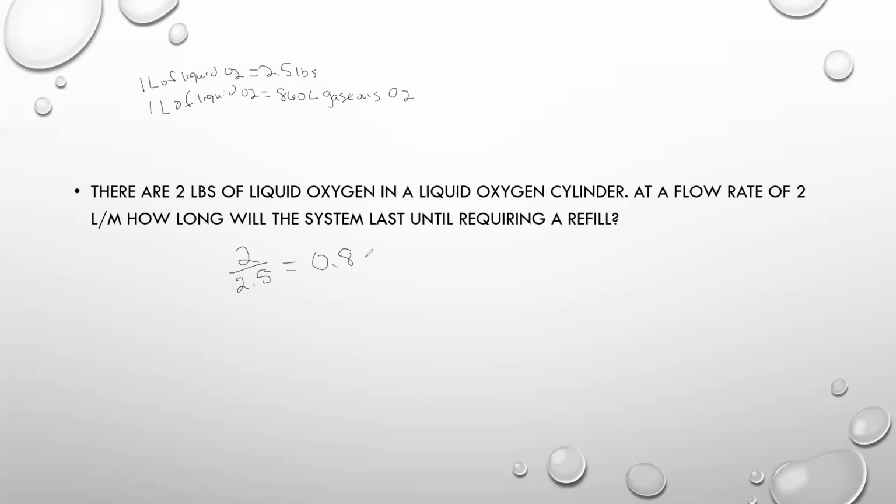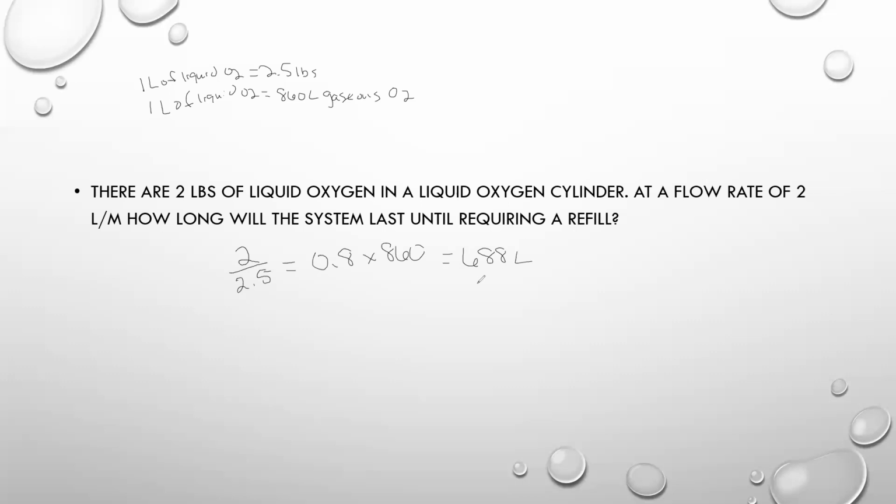Now take 0.8 and multiply that by 860, because this is going to convert us from liters of liquid to our gaseous form, so we can do our calculation to find out how many hours and minutes it's going to be. So 0.8 times 860 ends up being 688